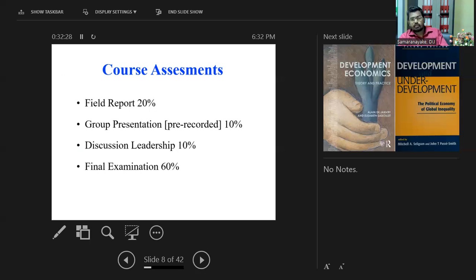Now, for this 20%, you have to do a field survey, but I am not going to ask you to go here and there. What you have to do is create your own field within your industry, your internship area, or wherever you are staying. Because we may have students who are not doing an internship, then you will be staying around the university, so your field is going to be that. For other students, your area. For example, if you work somewhere as an intern, that is your field.